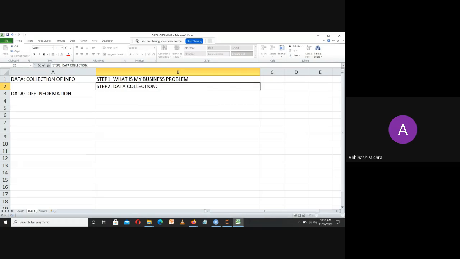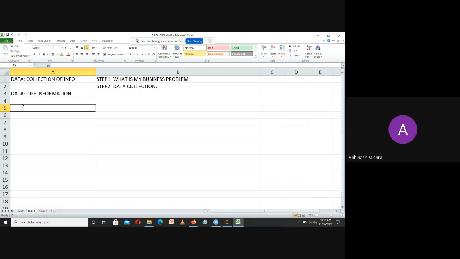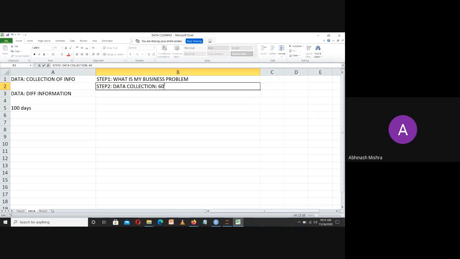Suppose my analysis, machine learning study, or research goes to 100 days, you will be amazed to know that near about 50 to 60% of the time of the project goes in data collection.